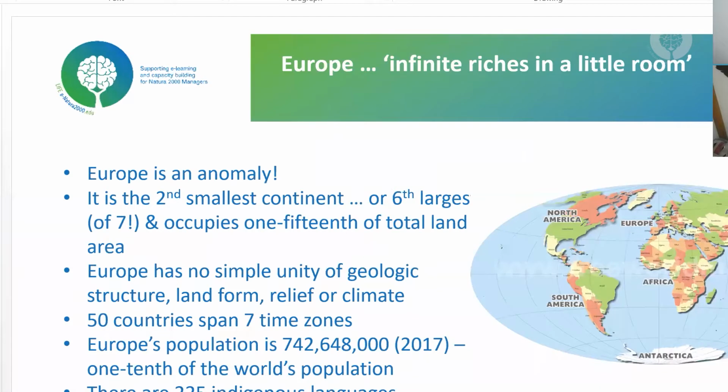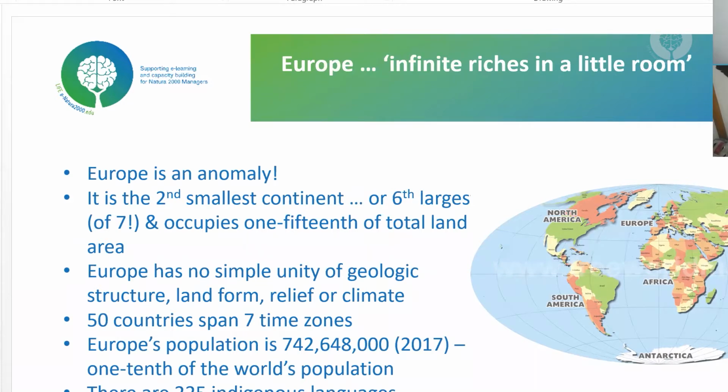Well, it's maybe a bit strange for a British person to talk about Europe, given the current situation, and I feel a bit of a fraud. However, in my defence, I am Scottish, so that makes us different, and we are very much European. So I thought it would be useful just to give a brief overview of what Europe is.